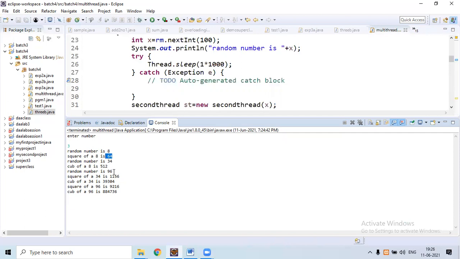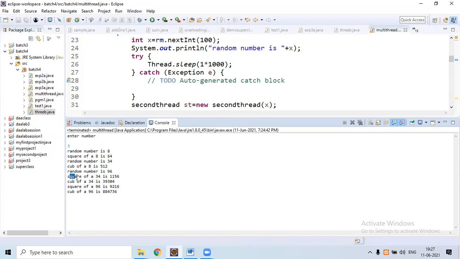It will take some amount of time to start third thread. Within that time, once again, first thread will generate the another random number. So after that, we are getting the output of third thread. So immediately, once again, the first thread will execute, so generating next random number.